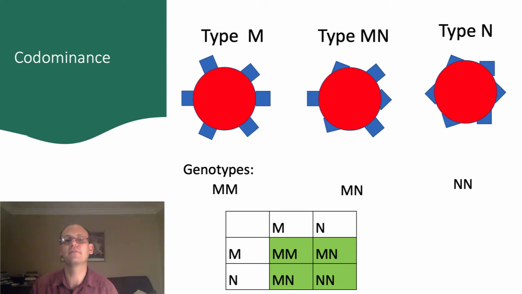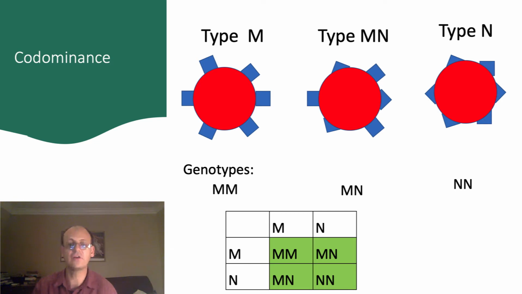The MN blood types show an inheritance pattern called codominance. The M and N blood types refer to molecules on the surface of red blood cells that indicate to your immune system that the cell is, in fact, part of you and is not foreign. Your immune system will attack foreign cells, so it's important that your cells are marked as being part of you. Individuals with the M allele will place an M antigen on the surface of their blood cells. Individuals with the N allele will place an N antigen on their surface. And heterozygotes will place both M and N antigens on the surface of their red blood cells.